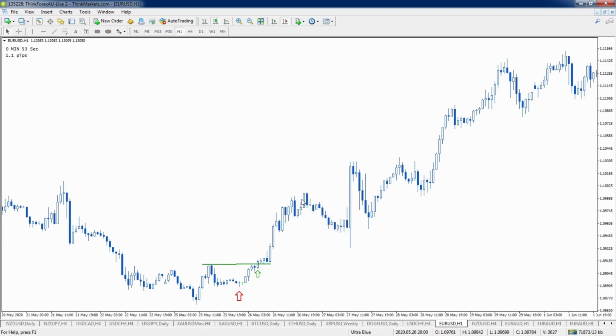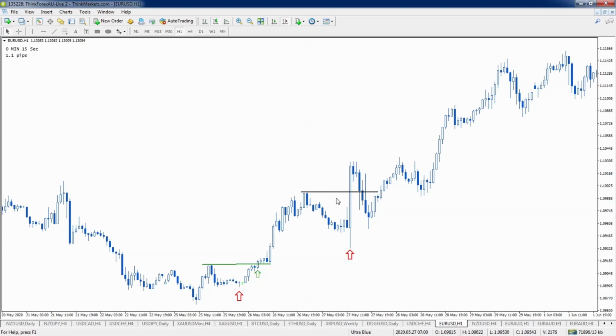So the market makes this move up, then it makes the pullback to create that swing low, and in doing so it left behind a swing high. So what we're doing now is waiting for the market to move just above that swing high. So I'm going to draw this line on the chart, and when the price gets even 1 pip above that swing high, we're going to be looking for the lowest point in between that swing high and the place where the market broke that swing high, and that will be down here. So I'm going to move my stop loss to just underneath that swing low.